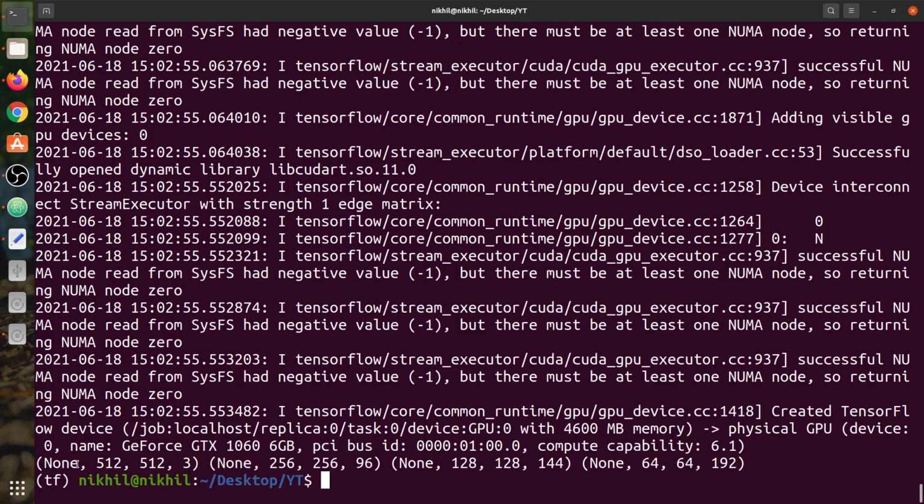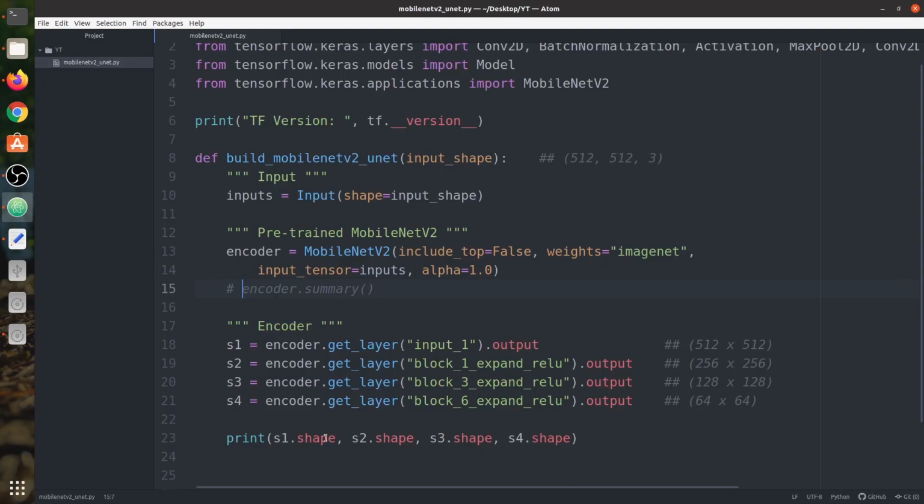You can see the first skip connection of shape 512 by 512, number of channels 3, because it's initially an input image only. On this input image you can apply some convolution layer and then use it as a skip connection also. Second is 256 by 256, third is 128 by 128, and fourth is 64 by 64. So basically the shapes matter. Next, this part is done.